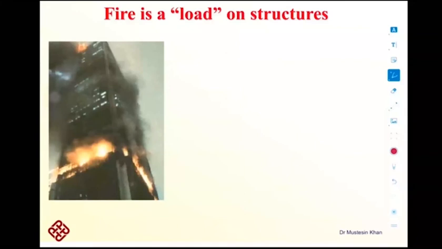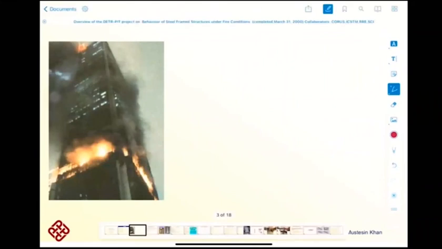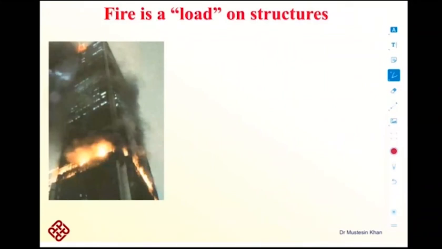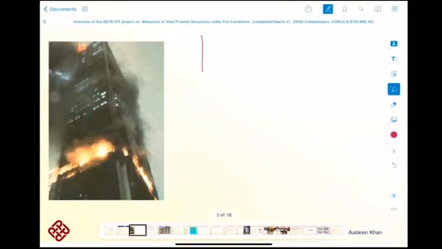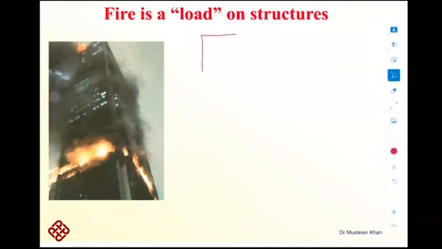And why is fire a kind of load for a structure? You would understand here what a load does to a structure. A load induces different kinds of stresses in the structure. Suppose this is a building with different stories, with 4 stories, and at every story there is a load which is acting in the